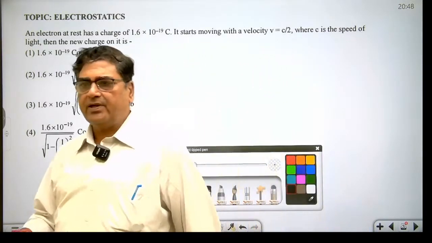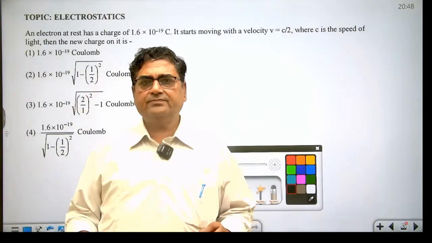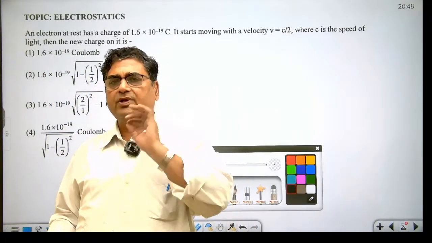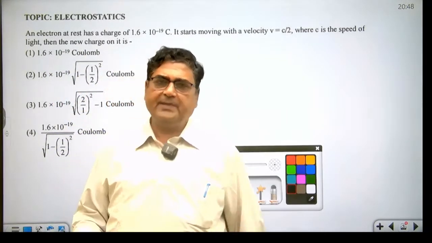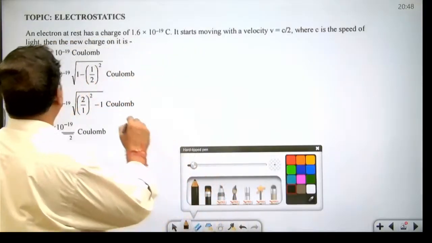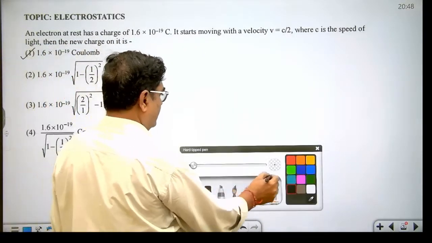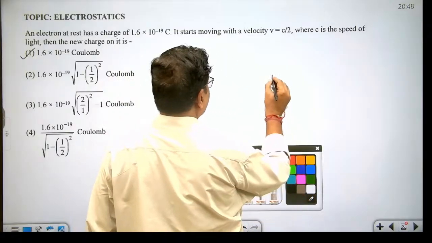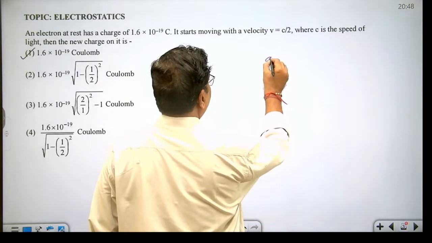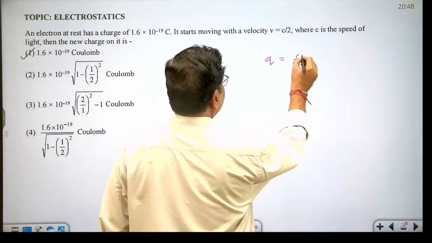This is the basic property of electric charge, that electric charge does not depend on the speed of the particle. So the charge value will remain the same, and the answer to the given question is option 1. It is unlike mass. Charge does not depend on velocity. Electric charge is not a function of velocity,